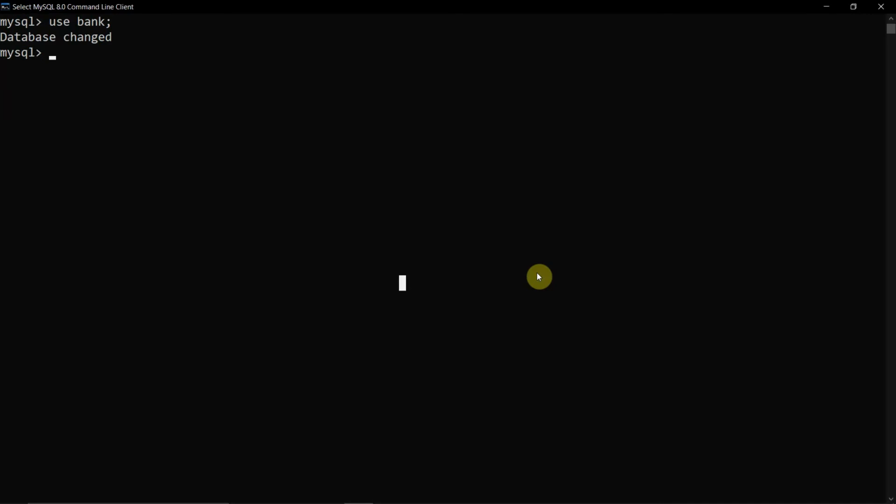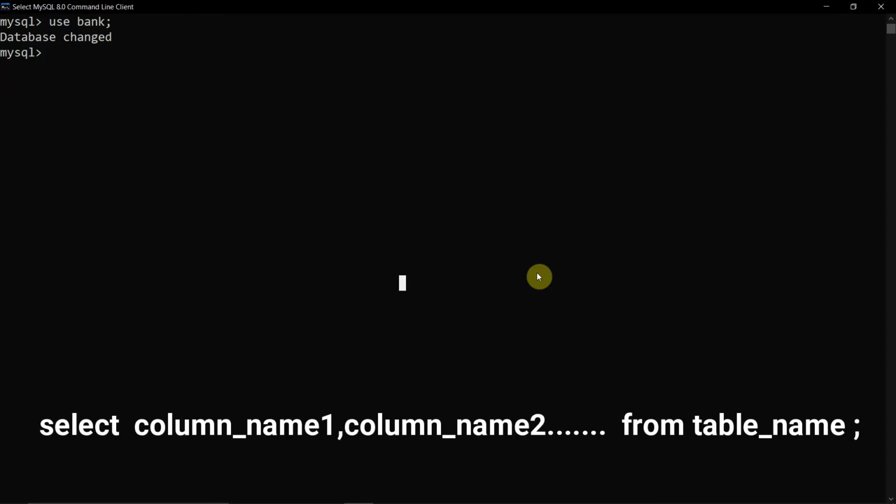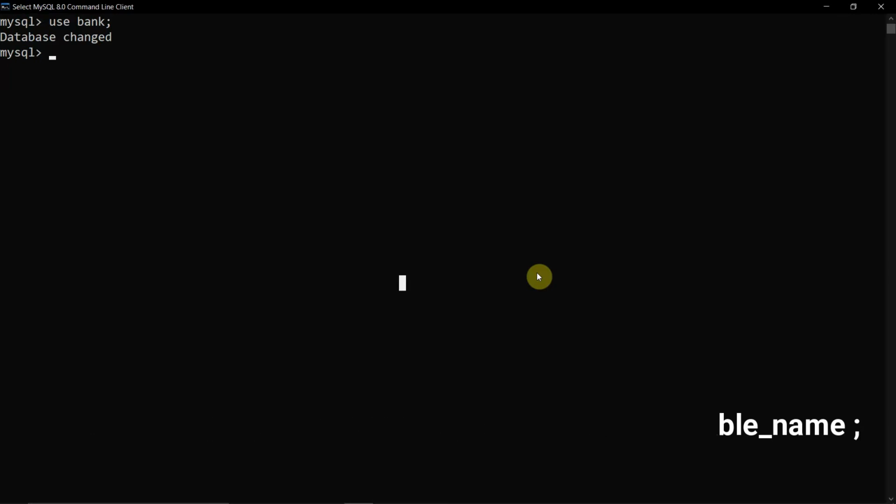Now if you want to write this in SQL, we know that all our data is stored in tables. So we will write it in a way that: select the name of the columns from the table, meaning the name of that particular table, and we can also add multiple columns. Here I will show you the practicals also. So let us first see how many tables there are.